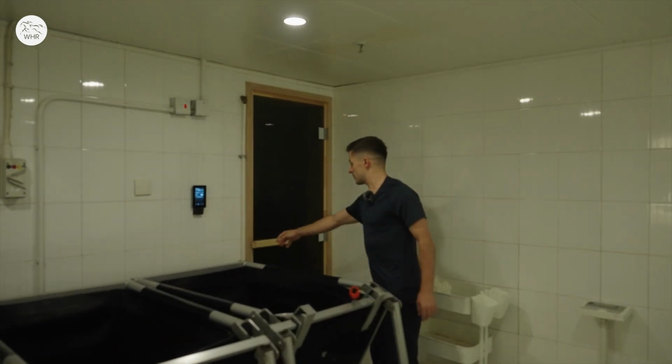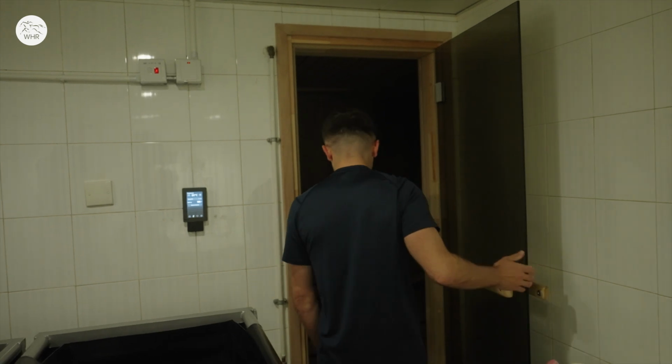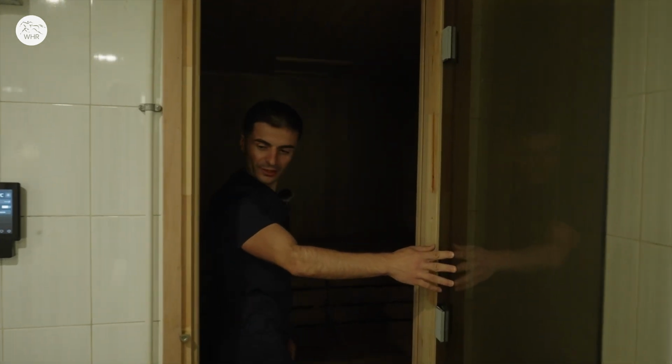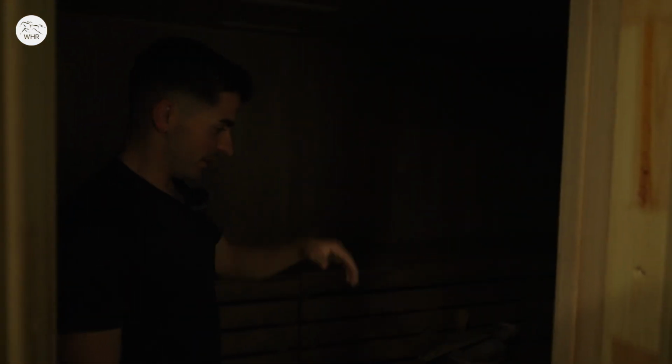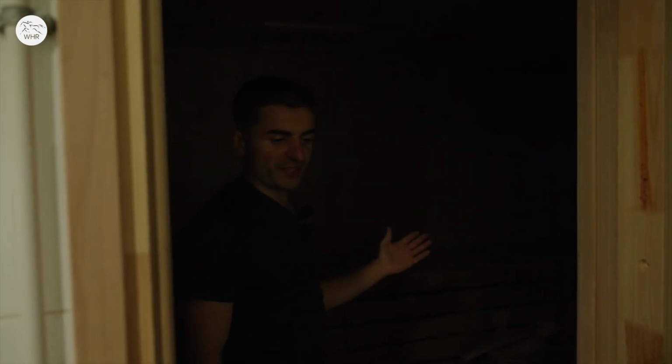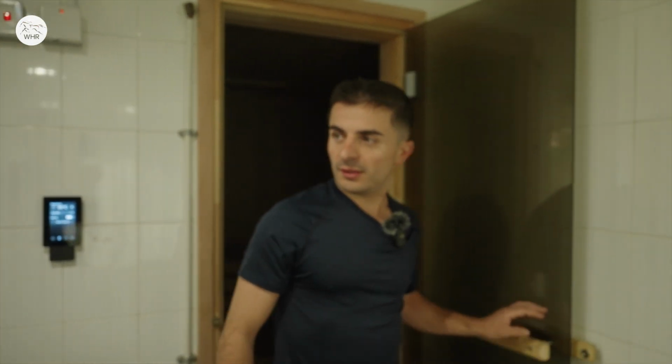big sauna here. This is where we lose our weight. You can come in and, well, there's not much to see because the lights are off. But yeah, this is a sauna where we do spend quite a bit of time when you need to lose weight. So basically, when you need to lose extra weight, this is where most of the jockeys